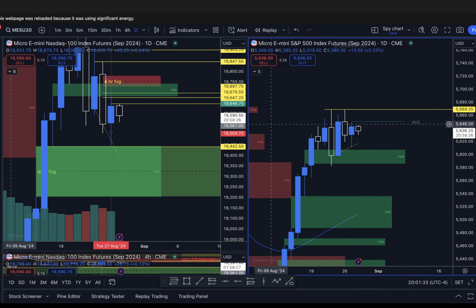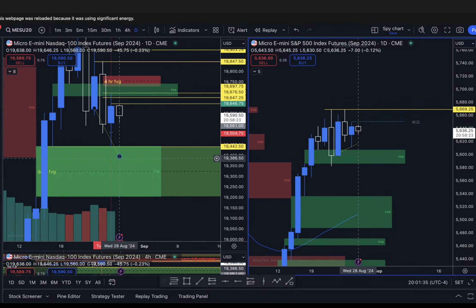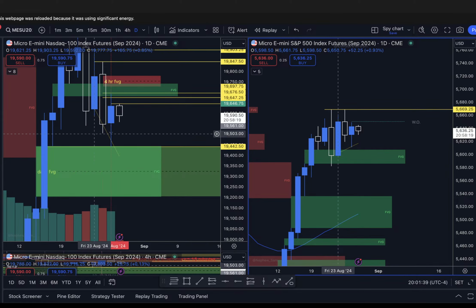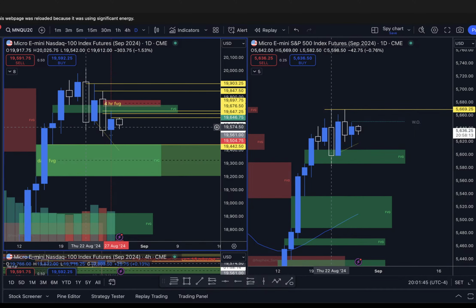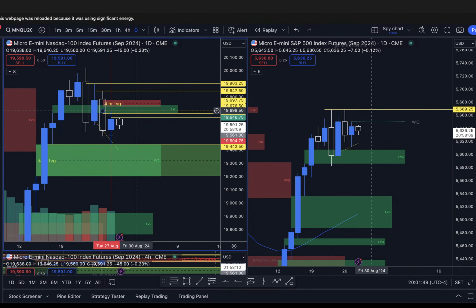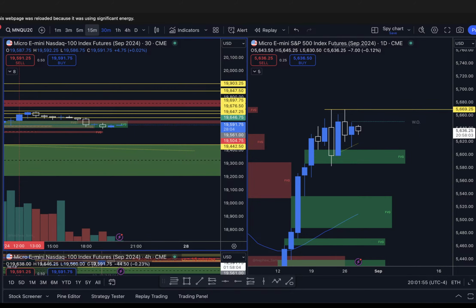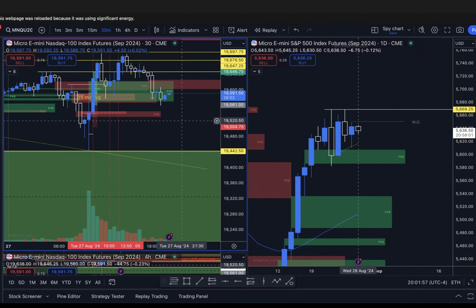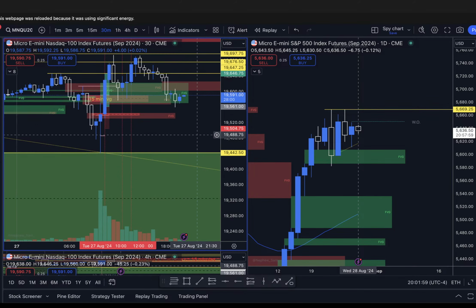And then NQ just tapped into it today, so we had an SMT, if you know what that means. We took out the low on NQ. On ES, we're pushing up. And then, obviously, same thing, we didn't come down and sweep, but we swept on ES the day before. So I knew we were coming in and getting a reversal. Obviously, I got in at 10. Today, the reversal was at around the regular macro time, around 9:50.